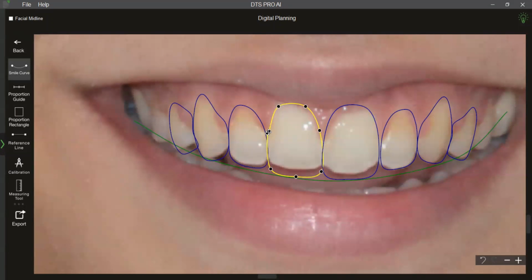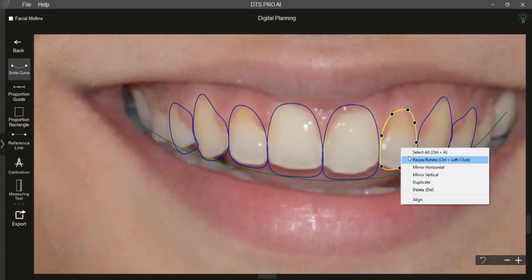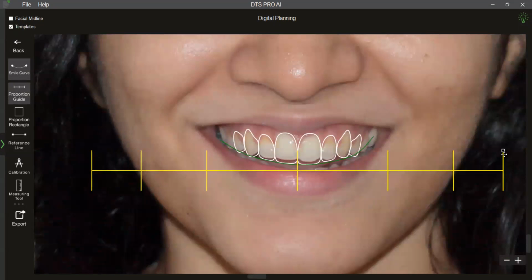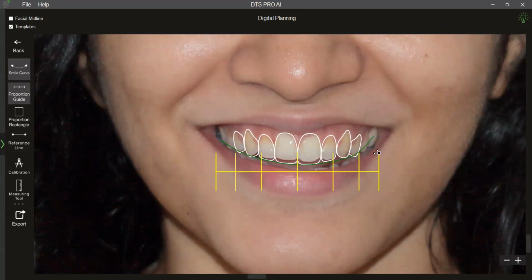It depends upon to what extent you wish to use the software. If you just wish to use it for patient motivation and not necessarily go into treatment planning and lab communication, it's a choice. But you can definitely have the control of designing the outline, sending it to the lab, and getting a more predictable workflow, right? So that's my smile line. There's a golden proportion guide in there, which you can use if you want to check the proportions of your designs. Again, there's a tip section here, and then there are explanatory videos which will help you with each and every tool.